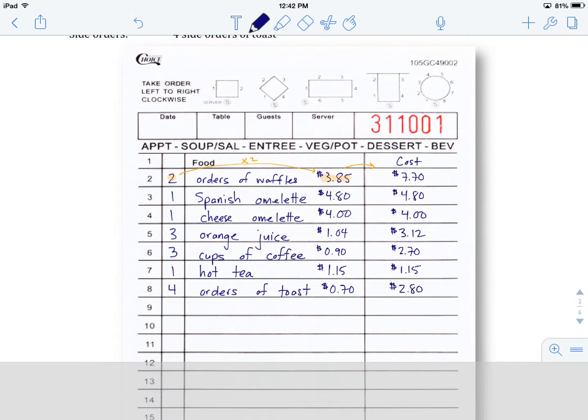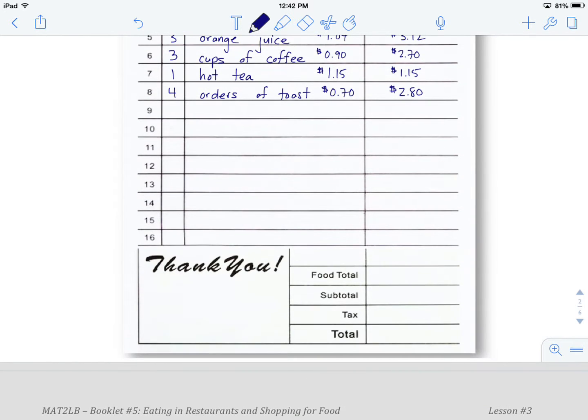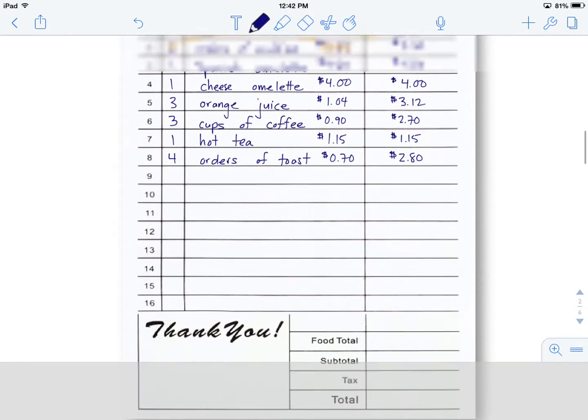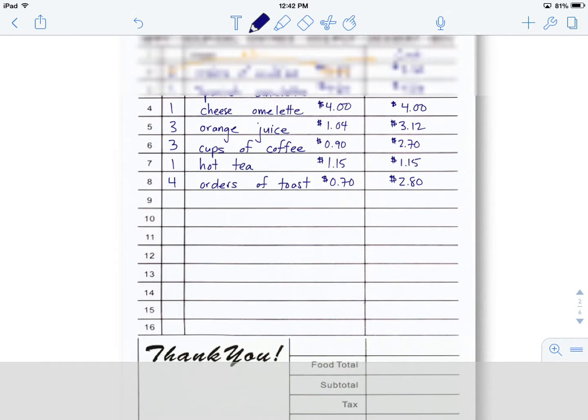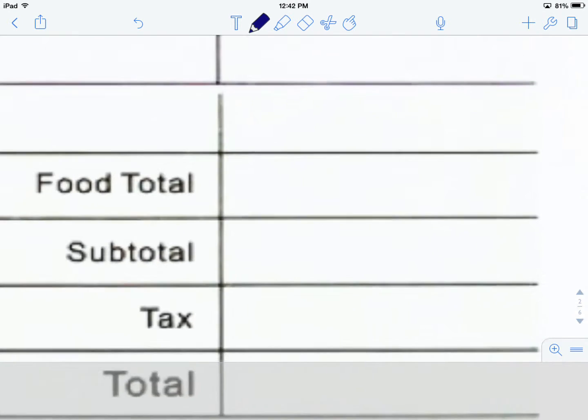So now that we've calculated the cost of each individual item, now we're going to make what's called, if you look down the bill, you'll see what they call, now we don't have to write it under the food total rather, we're going to call it the subtotal. That's going to be where we add up all of these items here. Now we can add these up using our calculator, which I'm going to do now. So we have $7.70 plus $4.80 plus $4 plus $3.12 plus $2.70 plus $1.15 plus $2.80 gives us, and I'm going to write that down here in the subtotal,